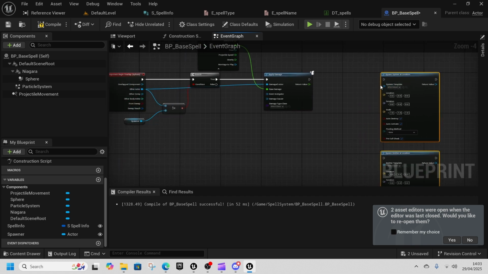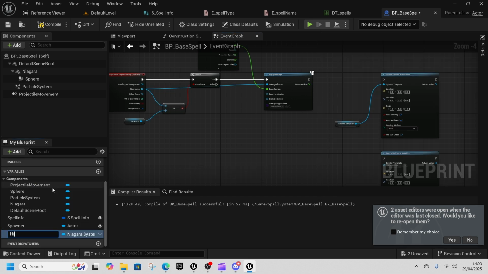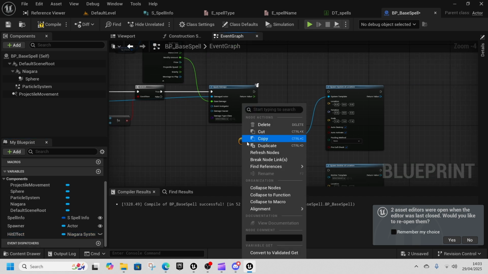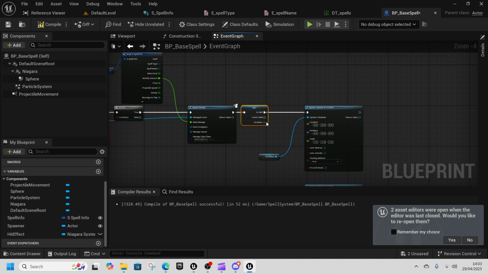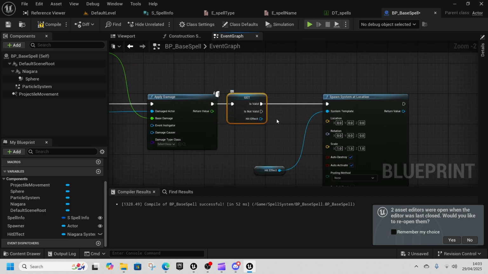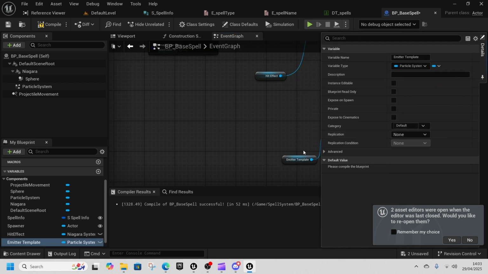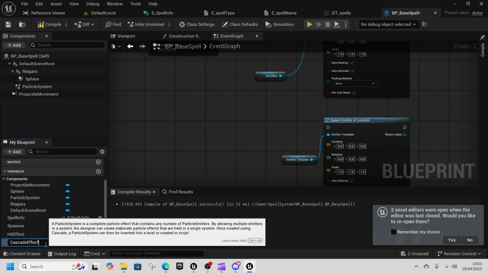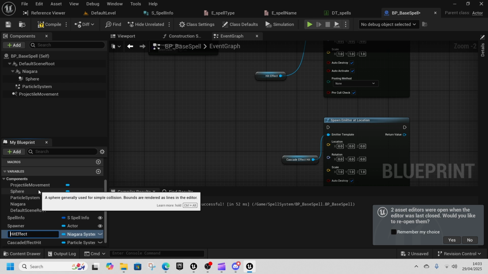What we can do is we can promote this to a variable and call this hit effect, and then we can get it, right click it, convert it to a validated get, and if this is valid, then we can go here, and if it's not valid, we can get a cascade effect. So cascade effect hit. We also call this Niagara hit effect,